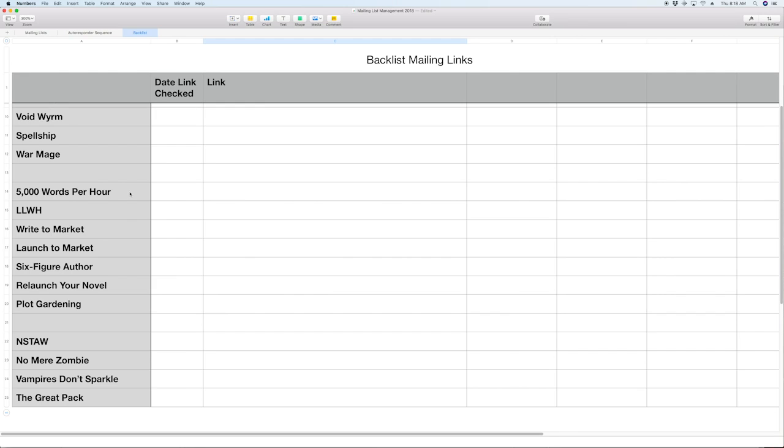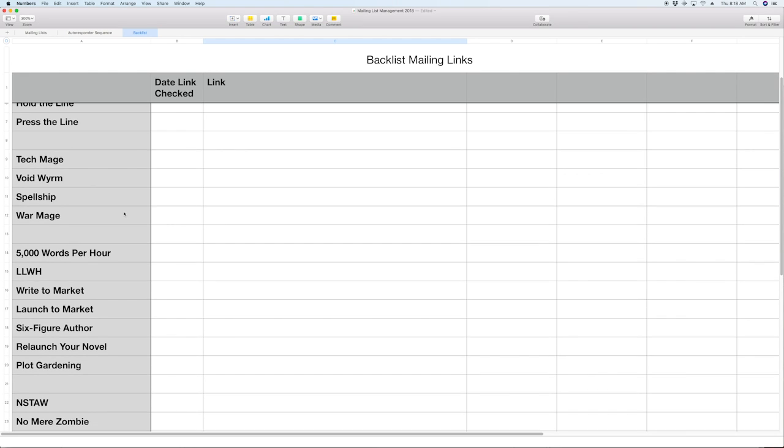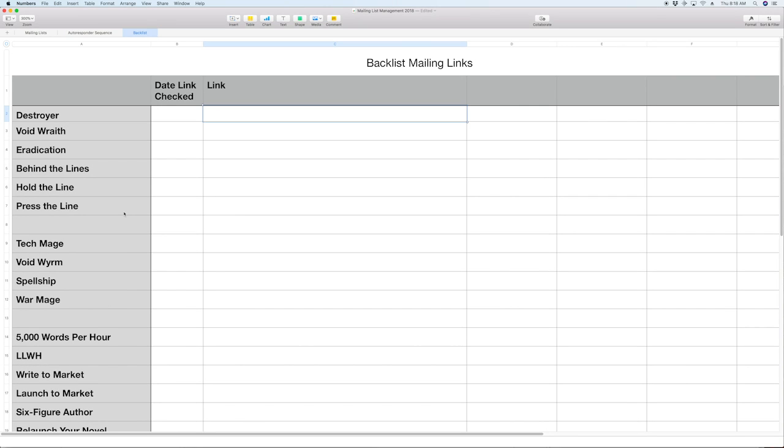Some of this I can offload and hire someone to do, which is good because I don't have enough time to be doing it all myself. But I can get it done that way and know that it happened and see when and where this work occurred, so that at a glance, I can manage my whole backlist and make sure that it's sending people where they should be, which is something I badly needed to set up for a while now. So that's the spreadsheet I've put together, and I'll show that in next week's video as well.